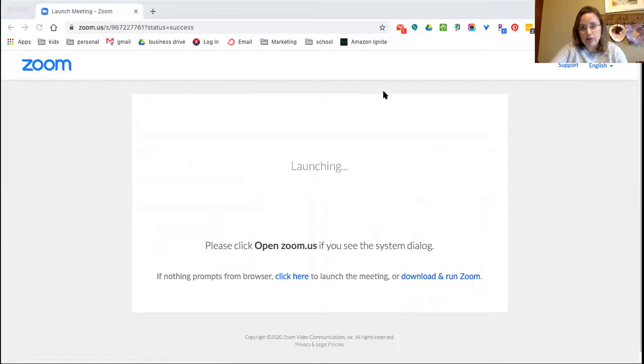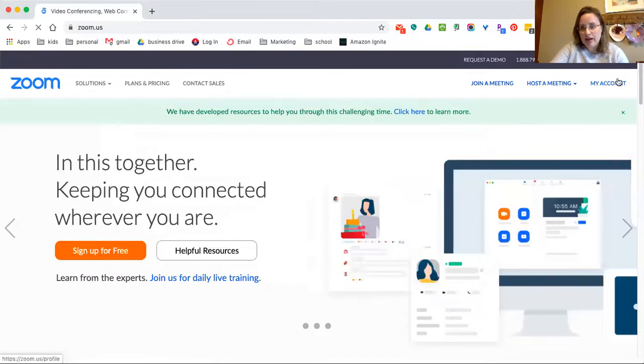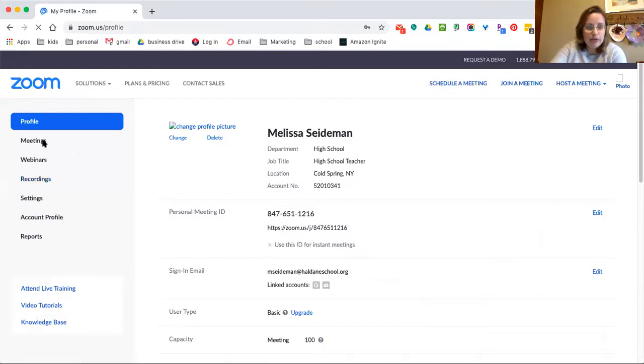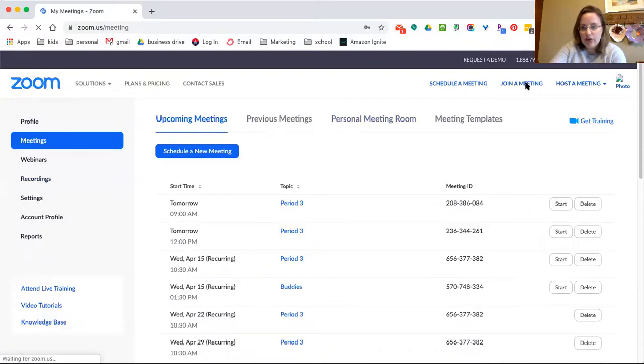you have an option to open Zoom, and then it's going to open an external program. And then once you're in Zoom, you will create sessions under my account. And you will then create sessions that you will host. So in meetings, once you create a meeting, you can host a meeting, join a meeting, or schedule a meeting. Once you schedule a new meeting,